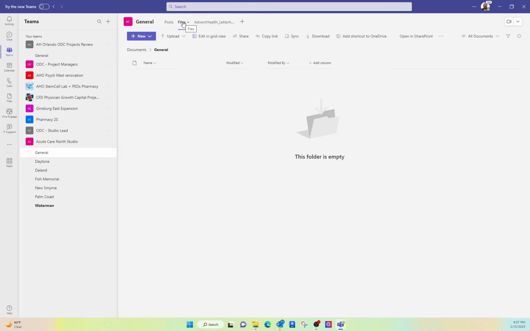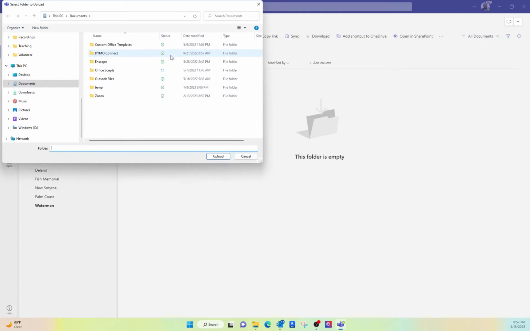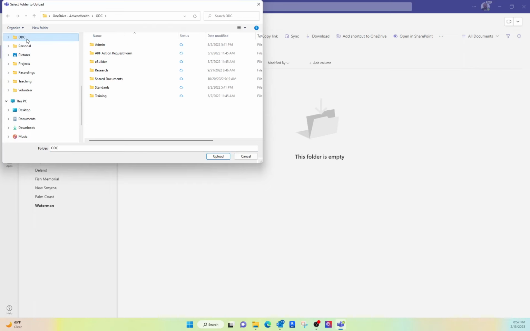Now under files, you can add entire folders or add individual files this way too. So I'm going to do upload and I'm going to do folder. And again, navigating to my work OneDrive, I'm going to upload, let's see, standards CX. So I've been working with Mohammed and Brian on creating a commissioning proposal. So when we submit RFPs or solicit RFPs, this is a good place to store it. So I'm going to hit upload,